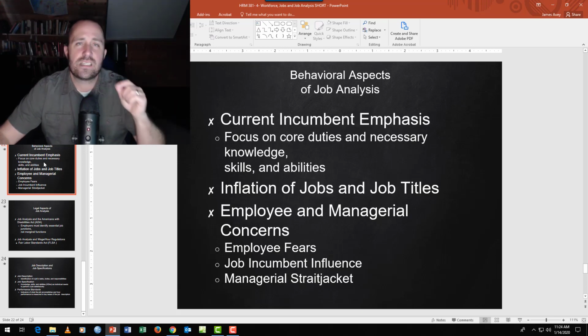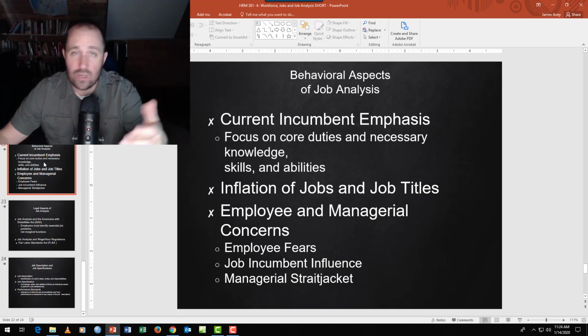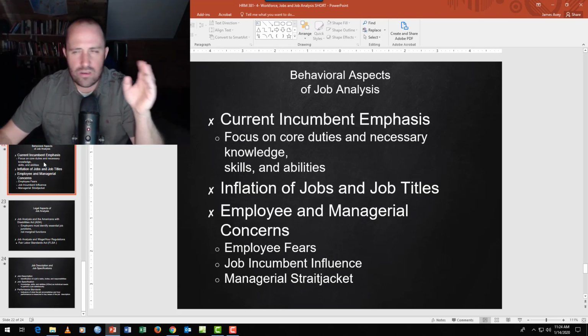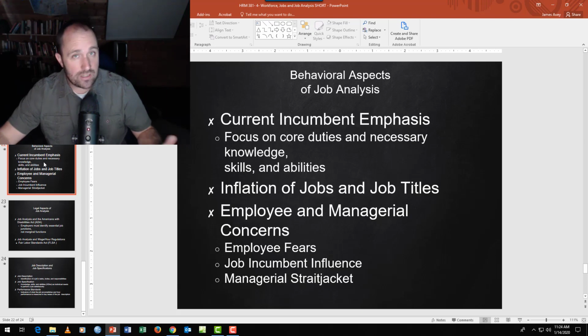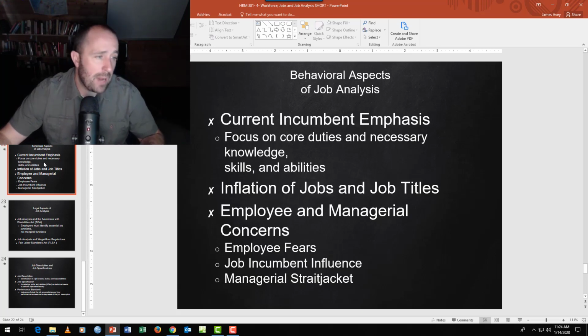The last one is that both employees and managers get concerned when you do a job analysis. So it's important to explain what you're doing, why you're doing it, stuff like that. Employees, obviously, if you come to me as an employee and say, now tell me exactly everything you do, all the equipment that you use, all the training that you've had, what's my thought? My thought is you're firing me or you're replacing me. So I get a little nervous and don't really want to cooperate. It's helpful to explain to employees what you're doing and why you're doing it. Next,